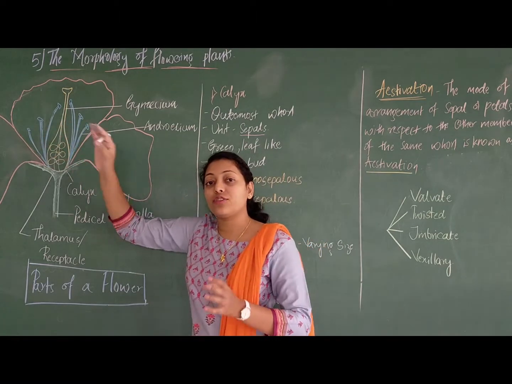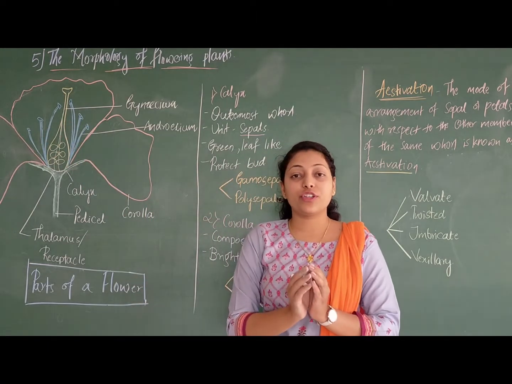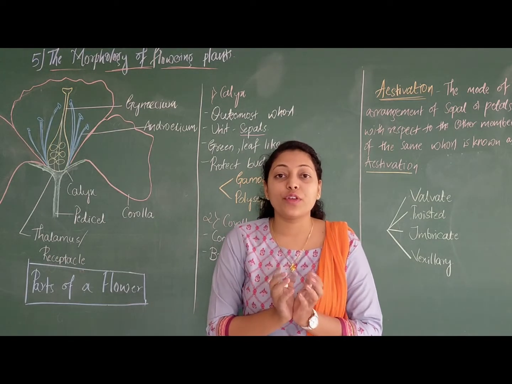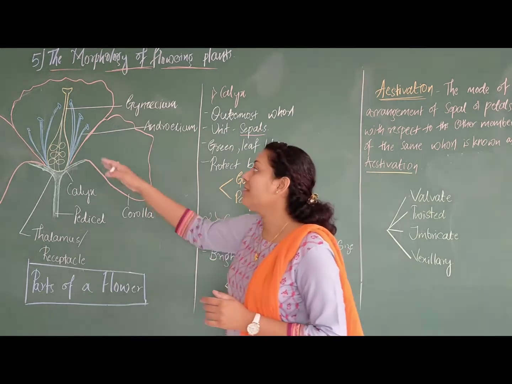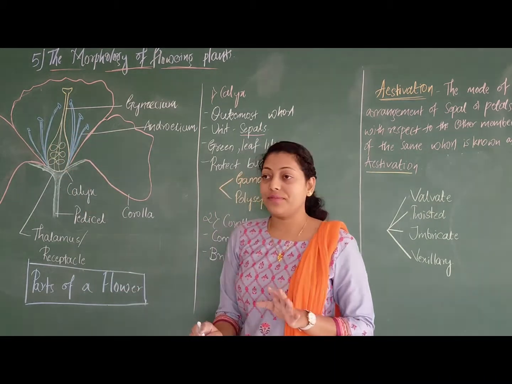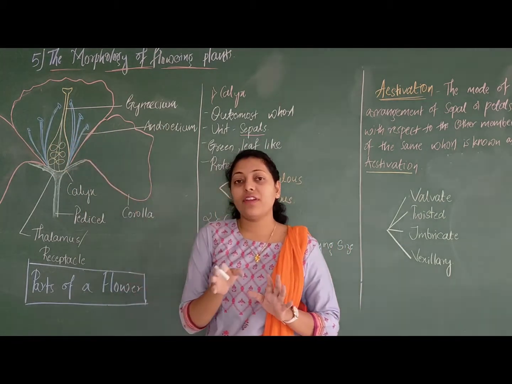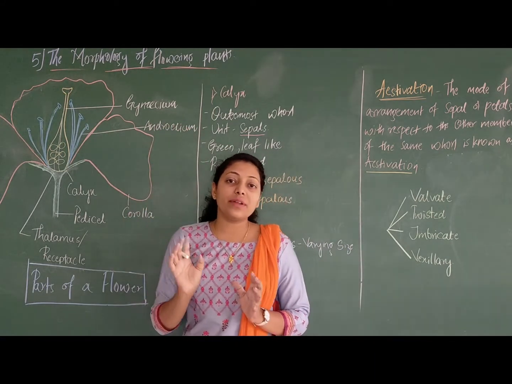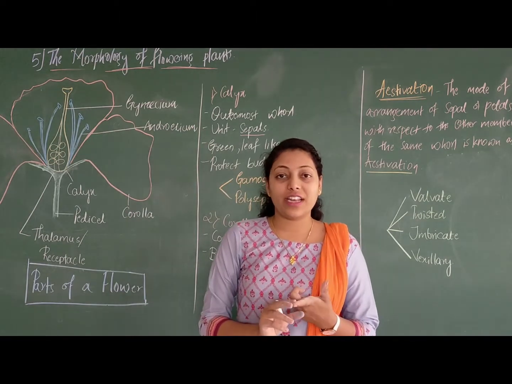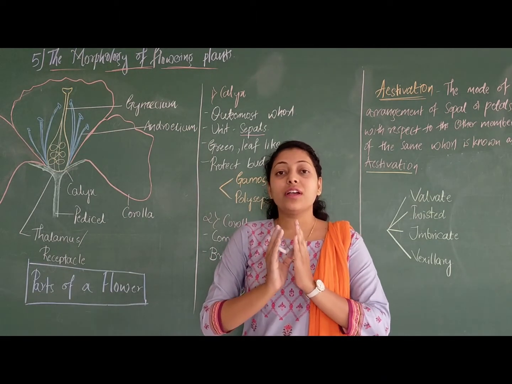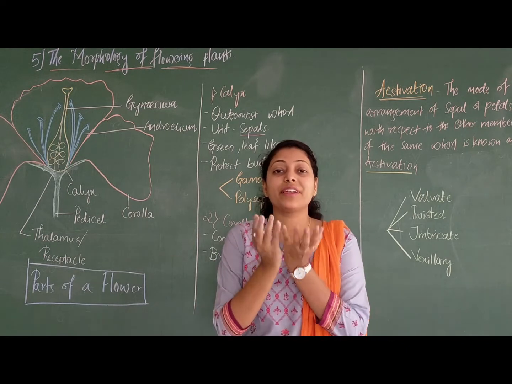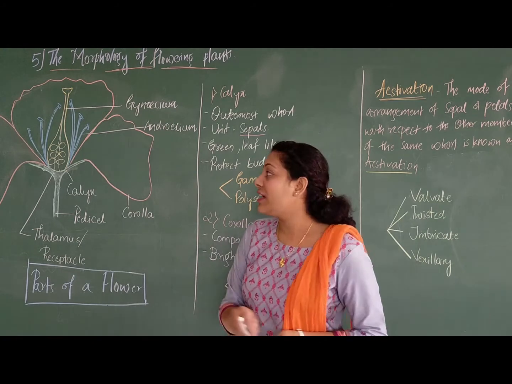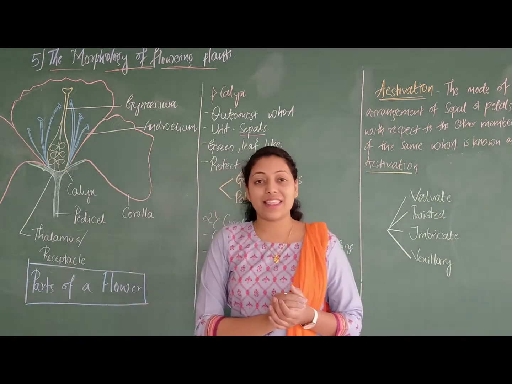And then moving back to the female part, the female reproductive part consists of ovary, which encloses the ovule, and stigma. Here this can be called gynoecium. And then we also have male parts, called androecium. Androecium in turn consists of anther and filament. It consists of a stalk leading to a filament, and the anther consists of pollen sacs which contain the pollen grains. So all these structures can be called anther.